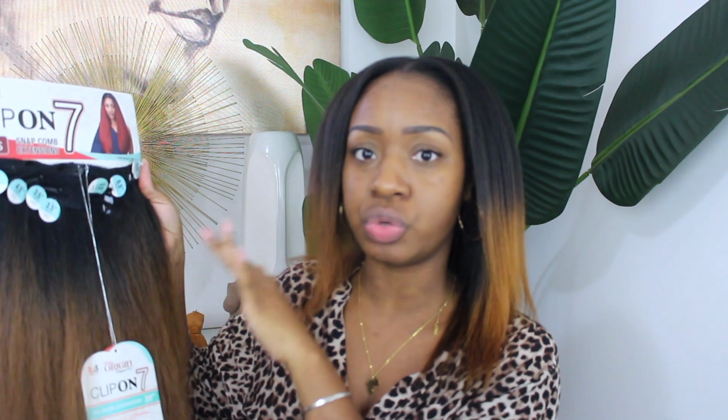And it's really thick. I feel like I'm definitely not going to use all 7 pieces of this hair because it seems really thick. So let's see. Of the 7 pieces, you get 2 3.5 inch wefts with 2 clips, 1 4.5 inch weft with 2 clips, 1 6.5 inch weft with 3 clips, 1 7.5 inch weft with 3 clips,